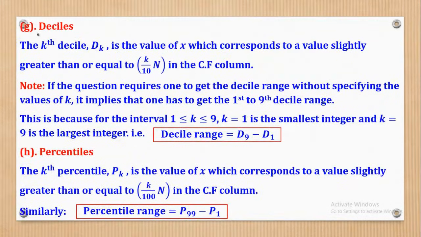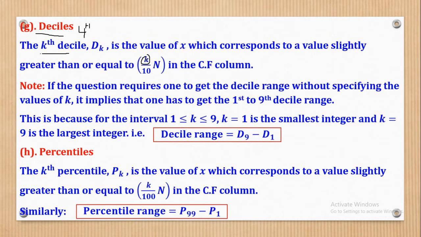So now we shall go to decile. Decile means over 10, or a tenth. If they say kth decile, they usually give you the value. They can say fourth decile. Fourth decile means that the position is 4/10. If it is ninth decile, the position is 9/10. In this case, let's use a general value k. The kth decile means that it is k/10 as the position, but the formula still remains as the one for